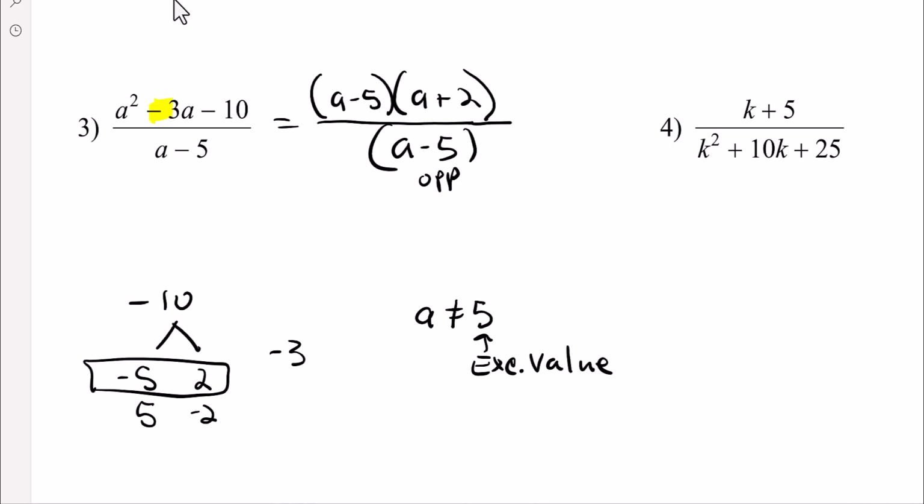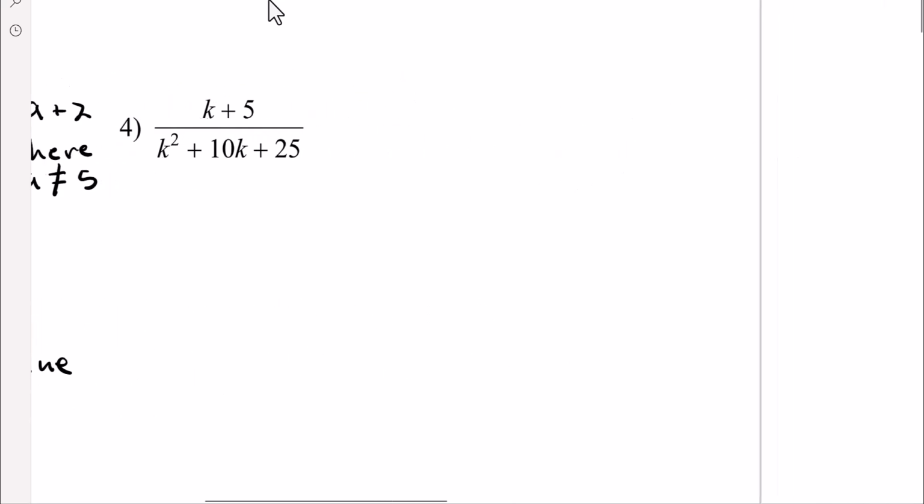But then notice those two cancel each other out. So the simplified is a plus 2, where a cannot equal positive 5. Okay, on this next one,